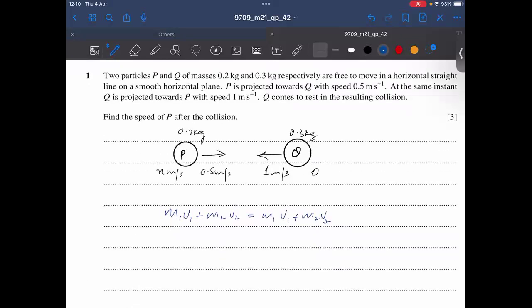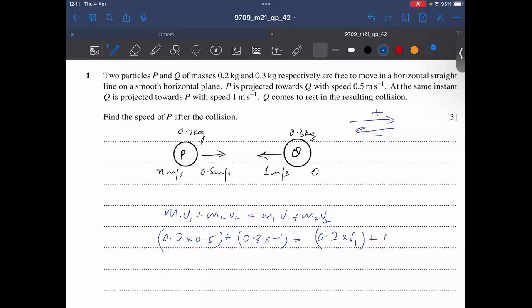We need to set the sign convention as well because momentum is a vector quantity. So I'll be taking right as positive, left as negative, and vice versa; you may take the other way, it's your choice. Now M1 is the mass of P times U1, which is going to be positive because it's towards right, plus M2 of Q, 0.3 times minus 1, the speed of Q, because it's directed towards left, equals M1, that is 0.2 times V1, the final velocity of P which is unknown,